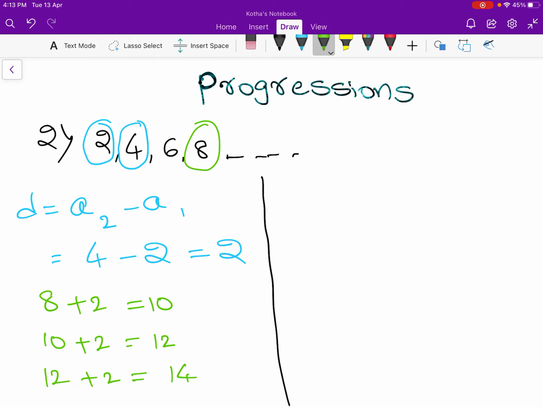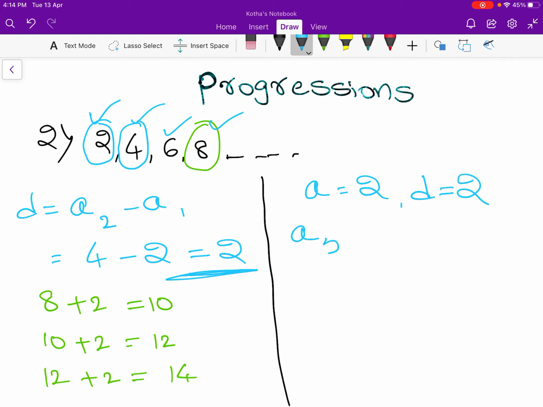Next, the second method. If you observe, in this second method we need to write the first term, that is A equals 2 and common difference. Here we already got the common difference, the same I am copying here, that is 2. Now we have A equals 2 and D equals 2. So in the given question, first term, second term, third term, fourth term. 4 terms are there. Now we need to go with the fifth term.